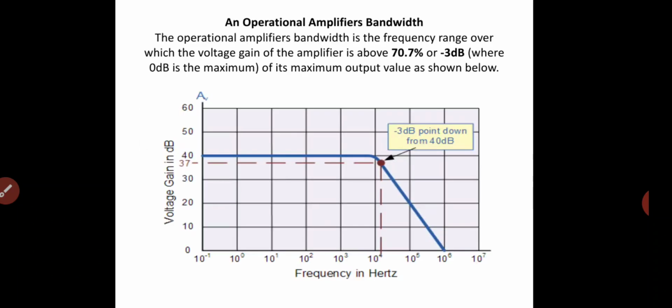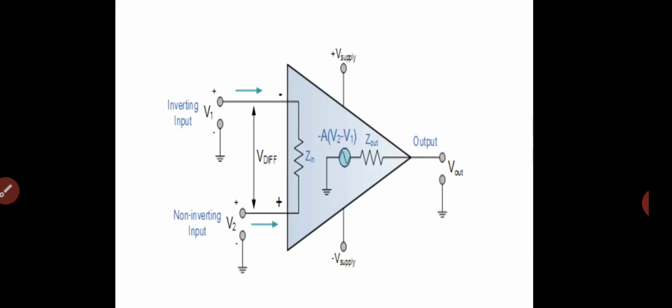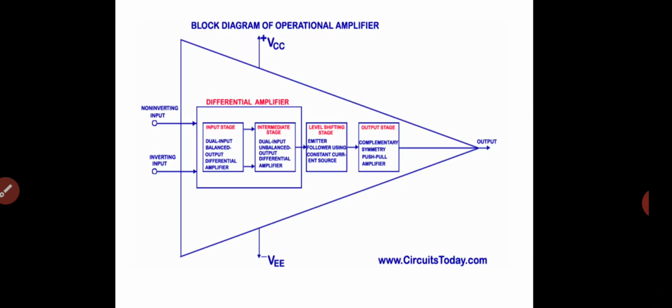So these are the basic parameters of operational amplifiers. This is what we studied here. Basic block diagram of the operational amplifier. In the basic block diagram we use the operational amplifier we studied in previous sections, and different types of basic operations and characteristics of the operational amplifiers.